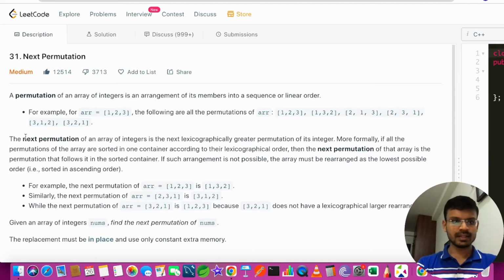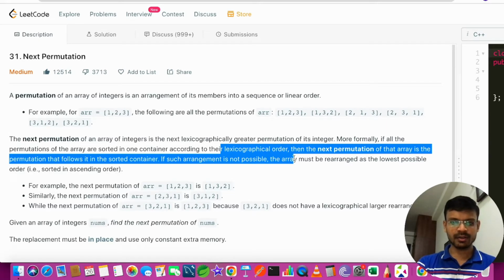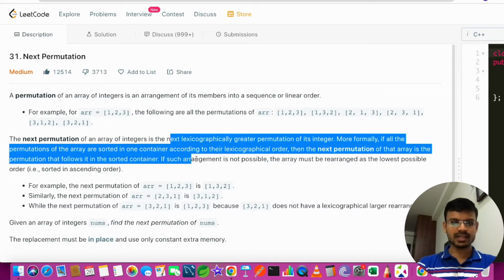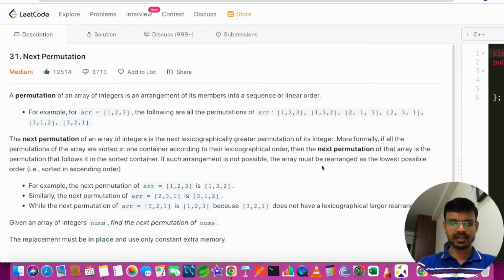We finally have to find the next permutation of an array of integers. And what is the definition of next permutation? It is the next lexicographically greater permutation of its integers. More formally, if all the permutations of the array are sorted in one container according to their lexicographical order, then the next permutation of that array is the permutation that follows it in the sorted container. If such an arrangement is not possible, the array must be rearranged as the lowest possible order, that is, sorted